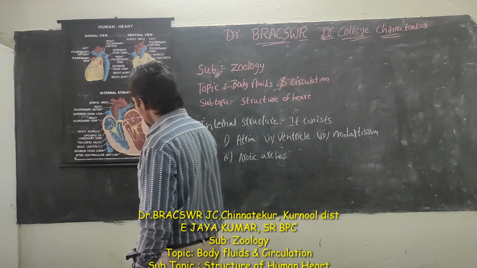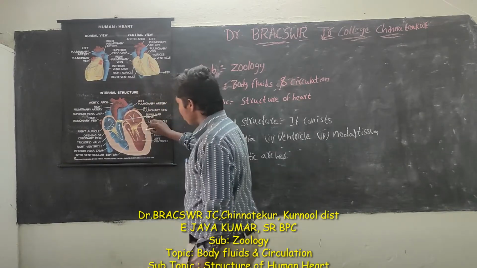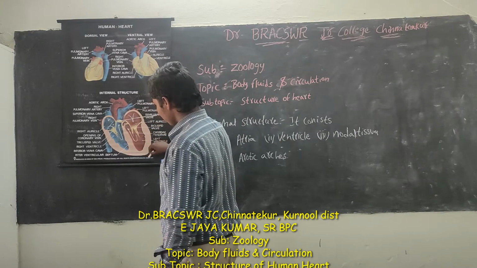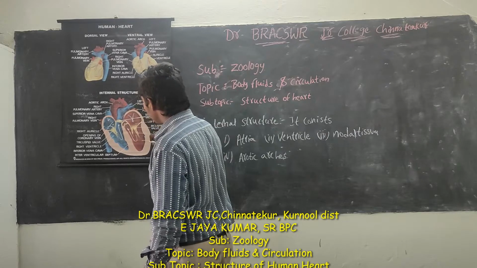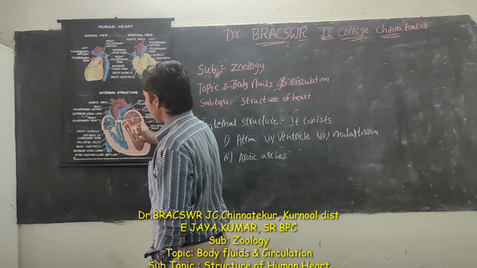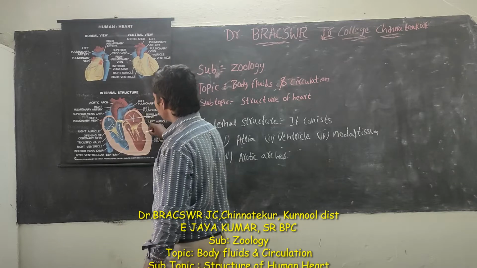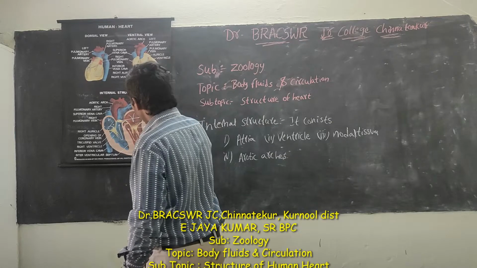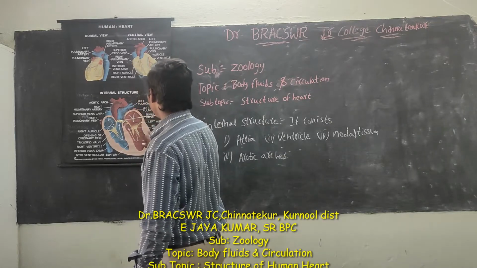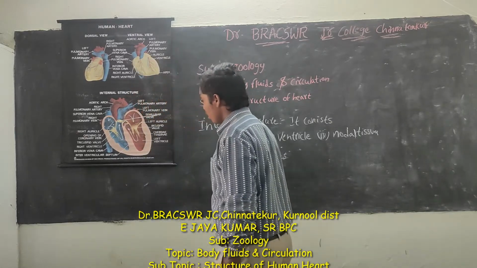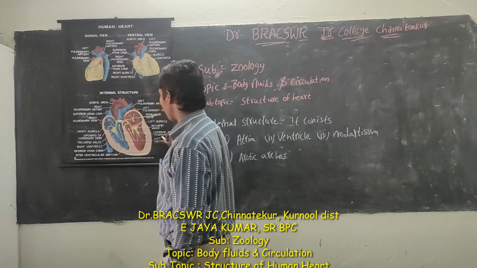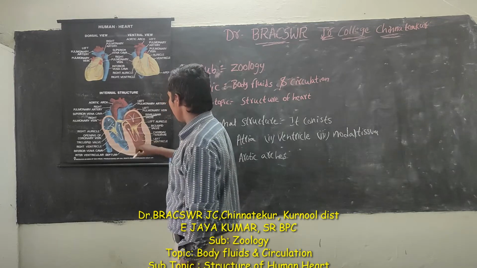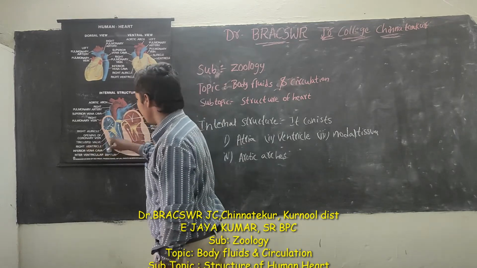Ventricles. These are thicker. The left one has a thicker layer. Then the right ventricle has muscular ridges called columnae carneae, and chordae tendineae, which are collagenous parts. These are connected to papillary muscles and the bicuspid valve and tricuspid valve. This you see.